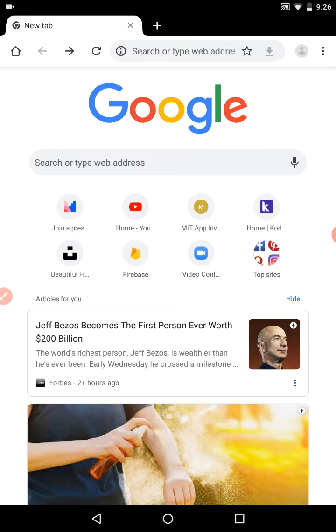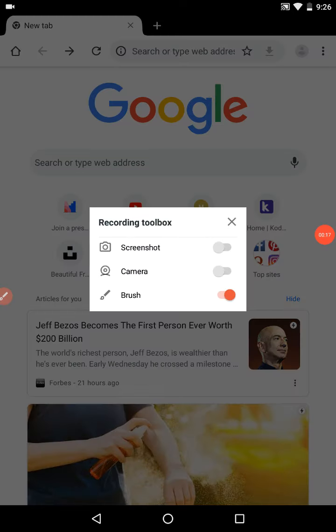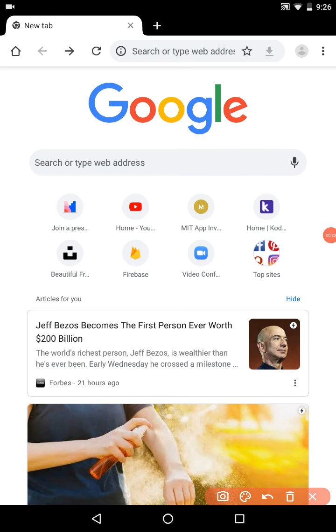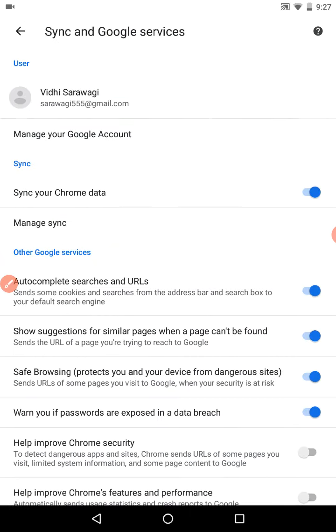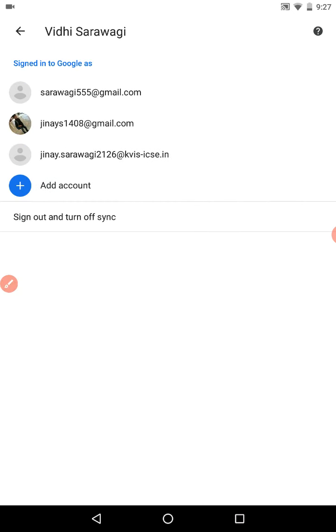So first I will open Google Chrome, and here you can see one option. I will highlight that part. Here you can see this. I have circled it. Just click there. You just have to click there, and here you can see this option, that is your main account with which you have logged in your device. So just click on that option, and here you can see the add account option. Just click there.